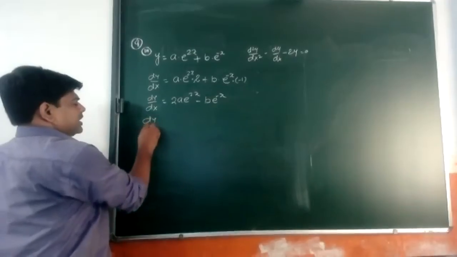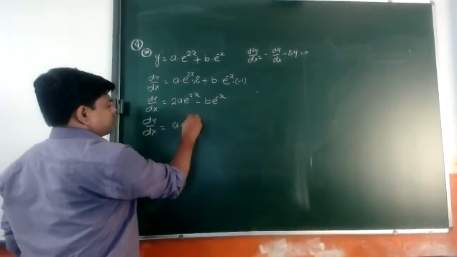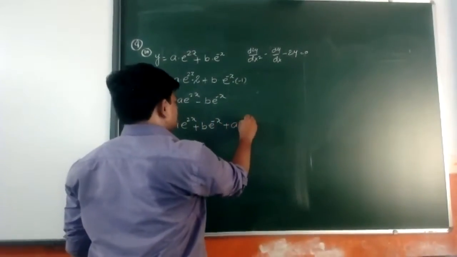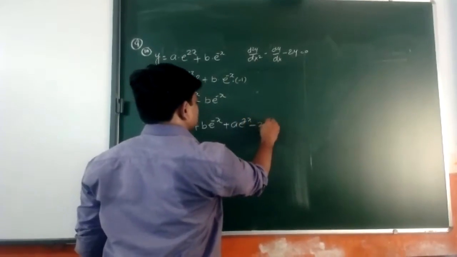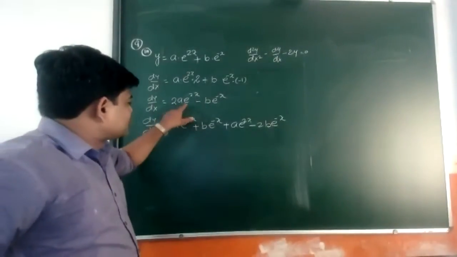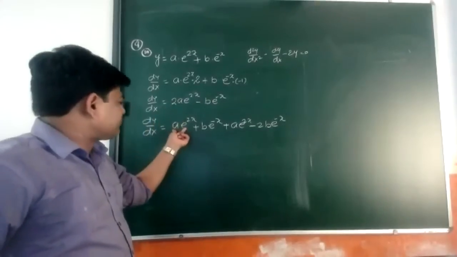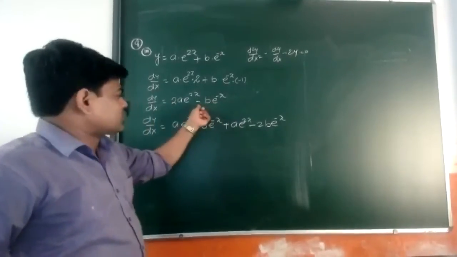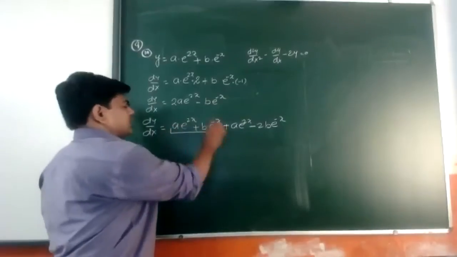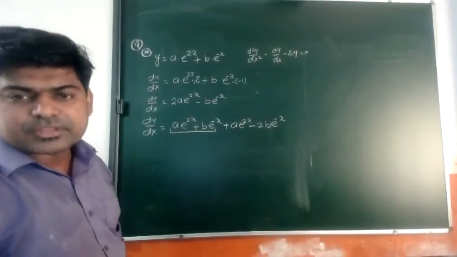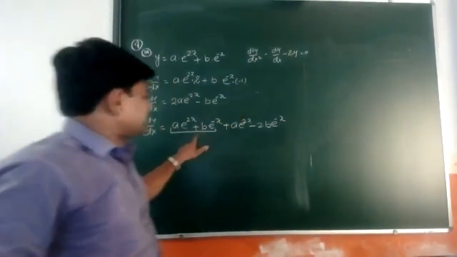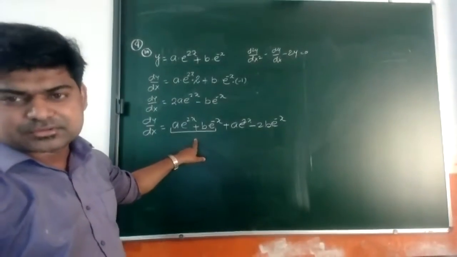I am telling you dy by dx is equal to a e to the power 2x plus b e to the power minus x plus a e to the power 2x minus 2b e to the power minus x. I can write or not. What I have done, that 2 times a e to the power x has been written as 1 plus 1, and that was with negative sign, so minus 2 plus 1 I wrote here. The reason is that these things can be written as y, and if it is written as y, when I differentiate it again according to our rule, I will get d2y by dx square and dy by dx. That is the first method.